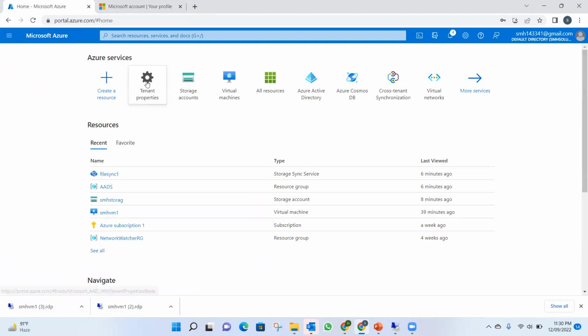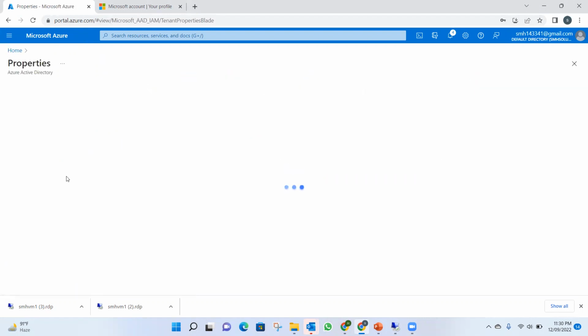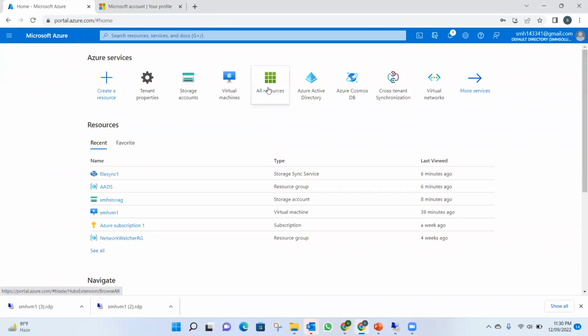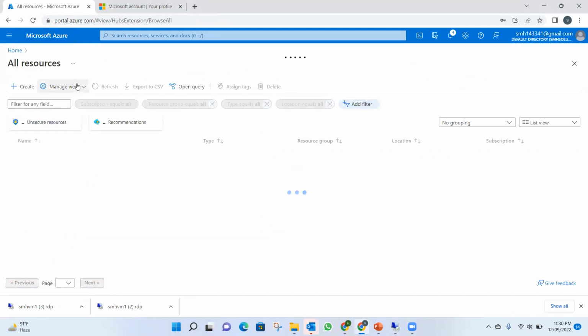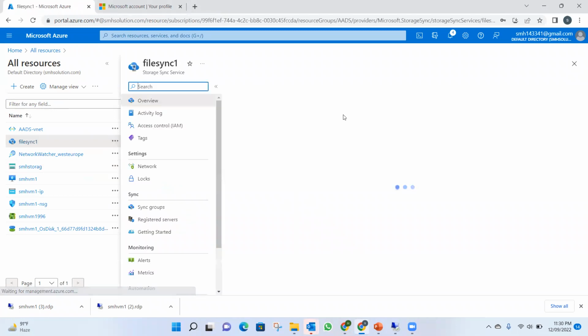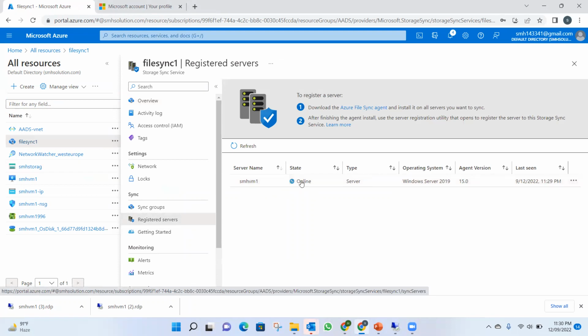And for the tenant ID, you can search for the tenant properties option. From there, you will get this tenant ID. Anyway, right now we are going to all resources. Then we will go to our file sync option. Here you can see registered servers. You can see this is our registered server, our virtual machine, or this one you can consider as our on-premise